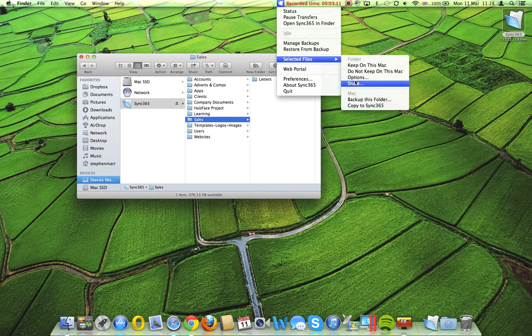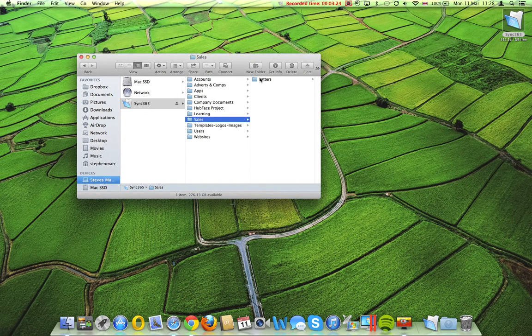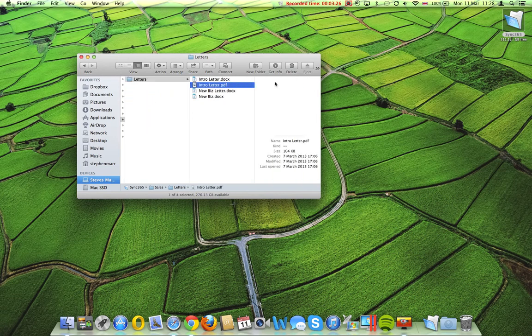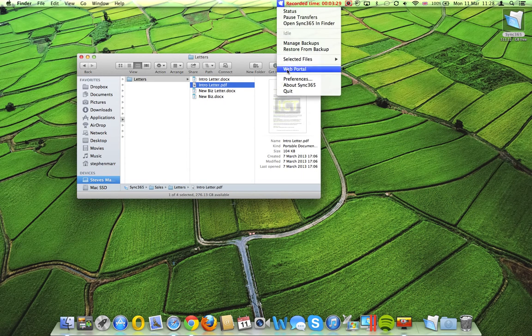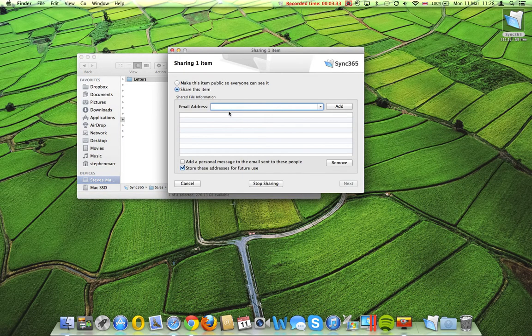We can also share. So if we don't want to email a particular file, I don't know, maybe we've just got a load of pictures. I've just come back from holiday and I want to share my pictures with my family. I will just click share. Oops, obviously I need to select some folders or whatever. We can just click share. I can select a whole folder if need be, and then we can make this item public, so everybody can